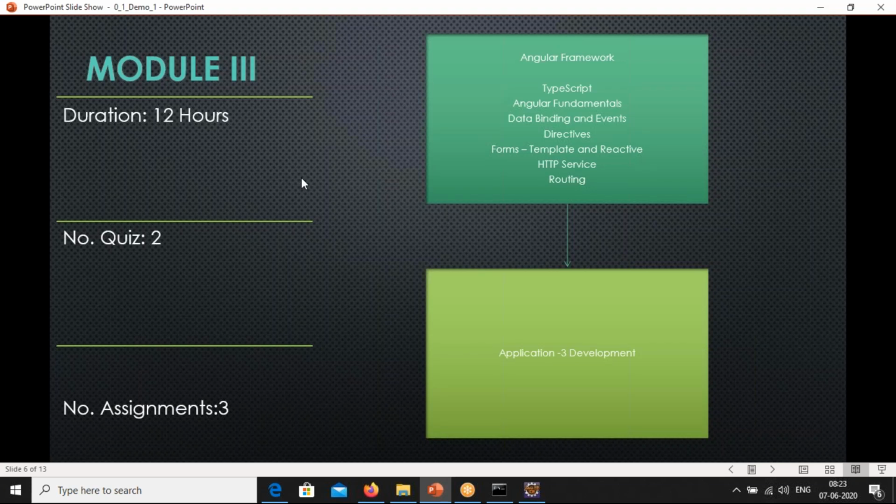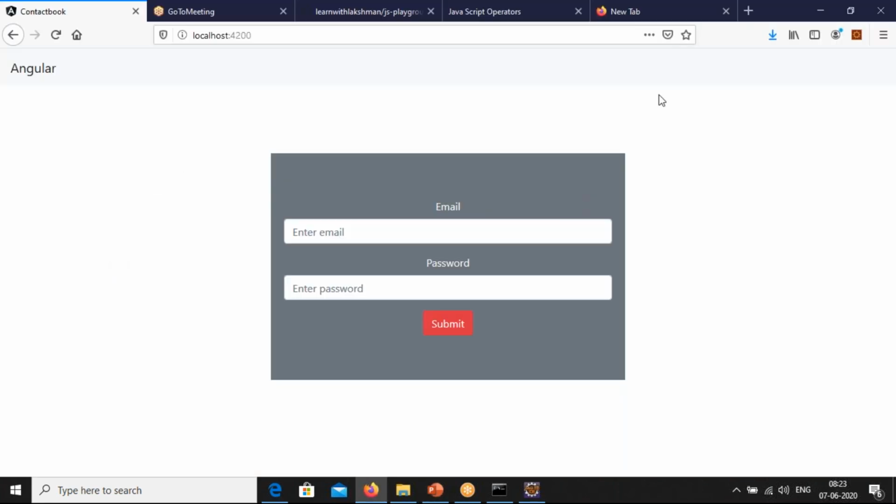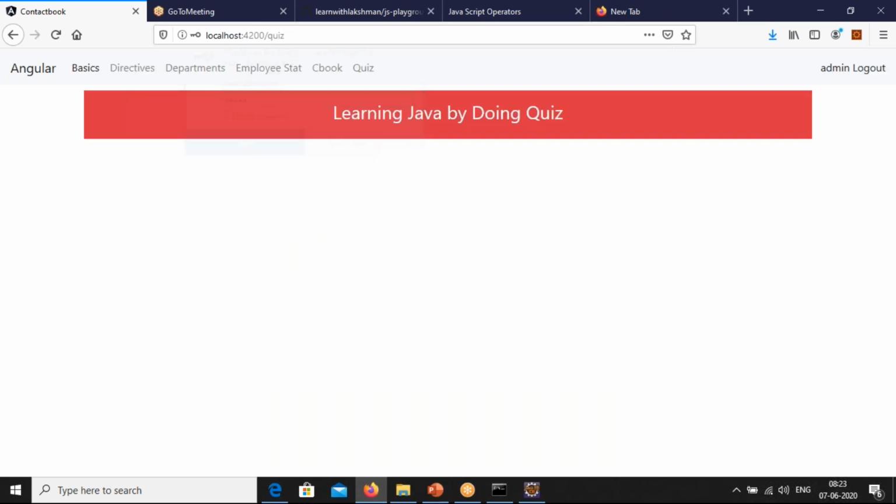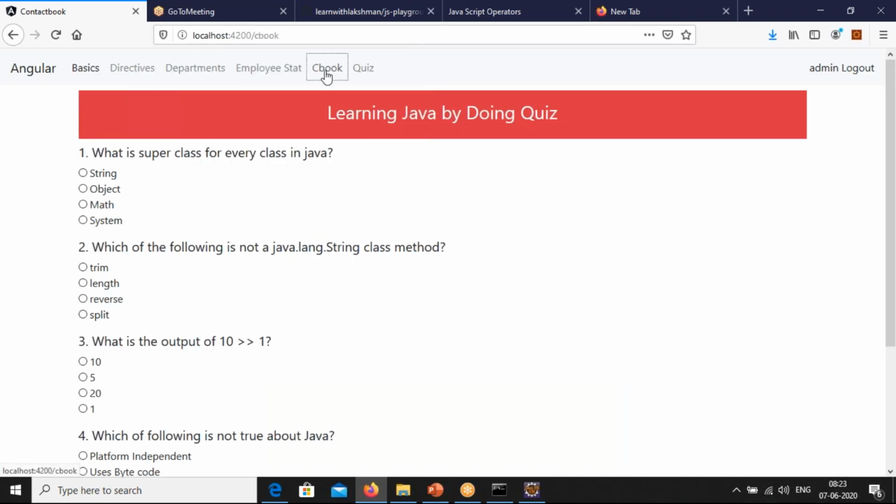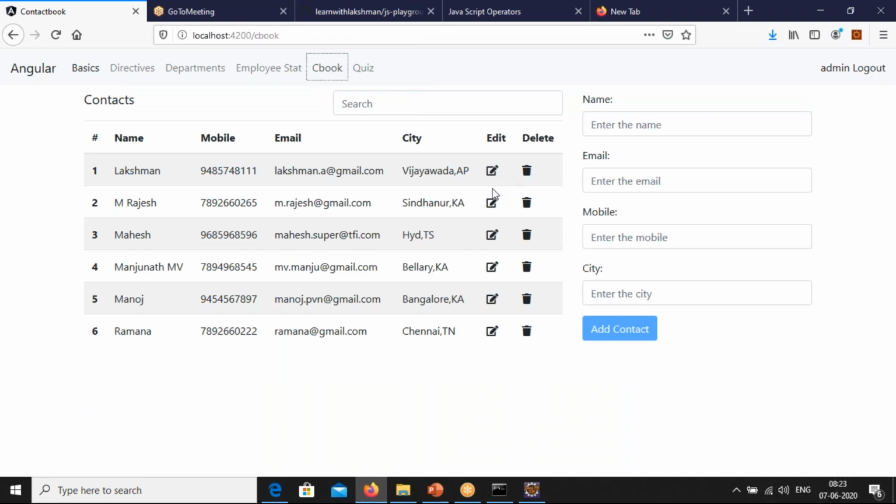In Angular, almost all the components, almost all the things, will be covered, whatever is required when you're working in projects. And this is what you can expect, like how you are going to develop a login page. If I'm logging in as an admin, let me show it here. There are two roles we have used. Admin, admin@gmail lwl.com. Now, if you look here at the contact book, the admin can edit and delete.